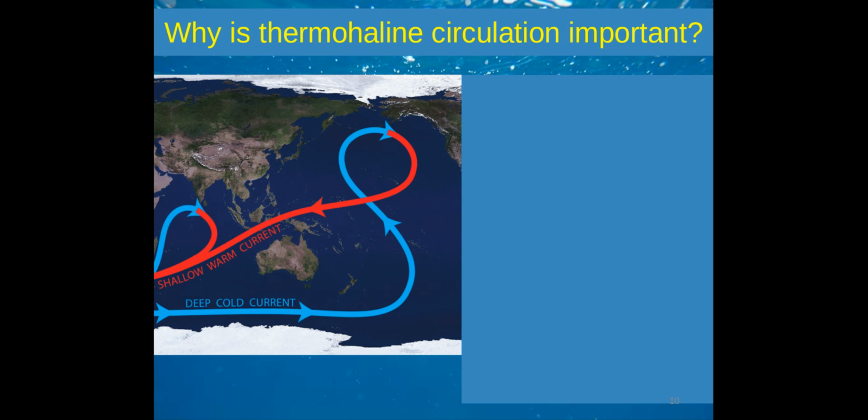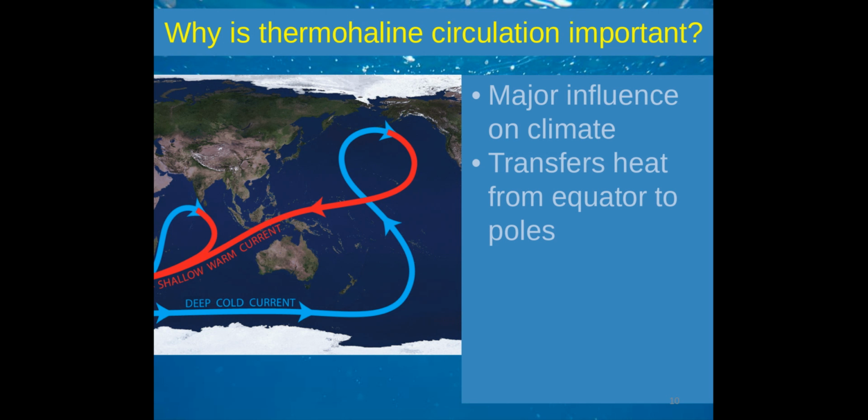So why is thermohaline circulation so important? The ocean conveyor belt regulates climate by transferring heat, affects the cycling of nutrients, transports oxygenate,